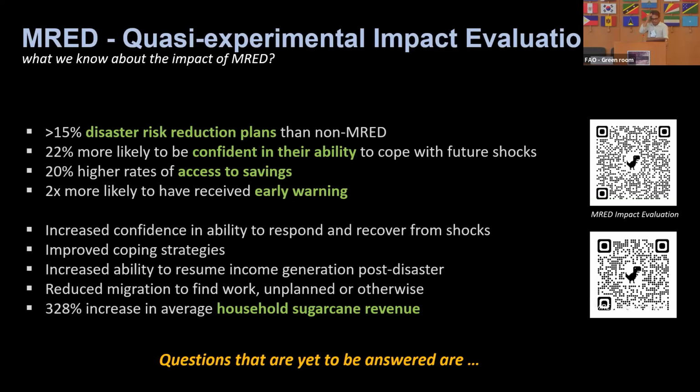Evaluation of the MRAD program has shown that adoption of promoted crops and practices has been strong, however, far from uniform. Likewise, the program's broader environmental impact has not yet been assessed. Thus, identifying the full effect of the program on environmental conditions remains vital. And there are questions that are yet to be answered. They are,